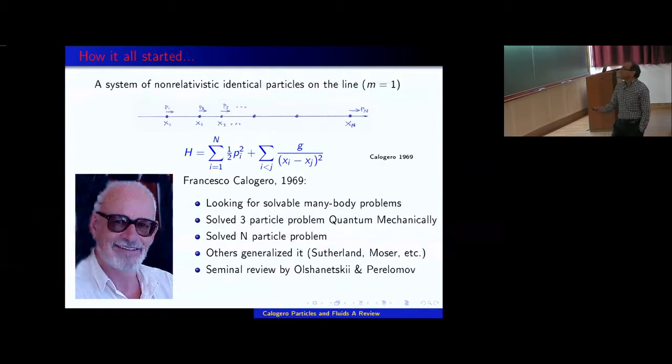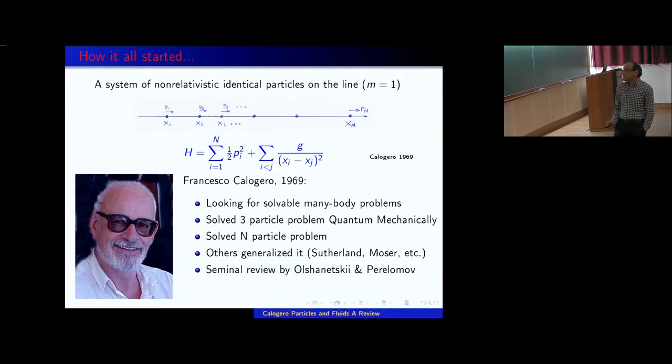So he published his first paper, and very soon afterwards, himself and others also generalized it. Sutherland generalized it to the periodic model, Moser and others worked on the elliptic model, as I will talk about in a moment. Also work on integrability was done by Olshanetsky and Perelomov, and they also wrote a seminal review in 2 parts about the classical and quantum system, which still remains one of the main references for this subject. I will not mention the names of other people in this talk because it's supposed to be a pedagogical lecture, so I don't want to keep giving references to everybody. On very few occasions I will do that.